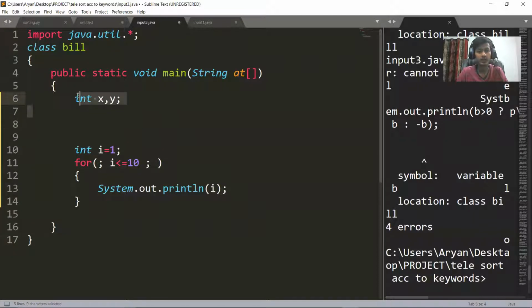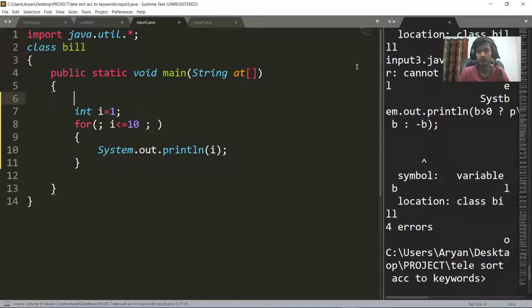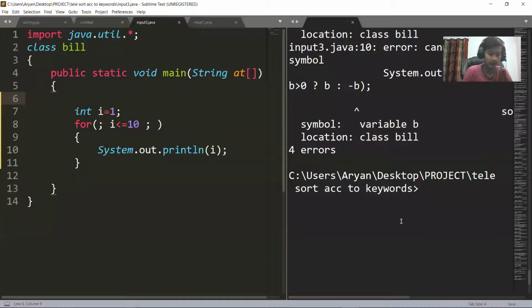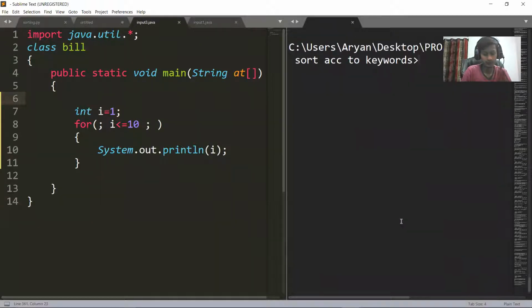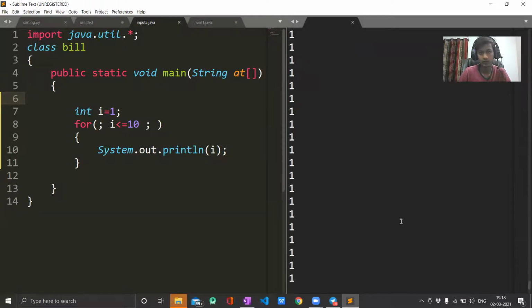So I can show you the example. This is an example of an infinite loop. If we execute java input3.java, once I compile it and then run it, you can see that 1 is printed infinite times.